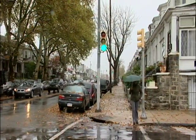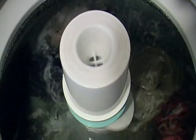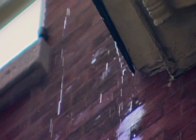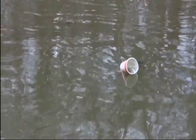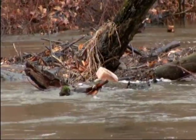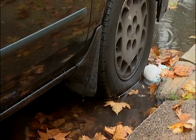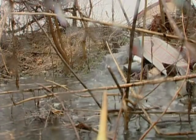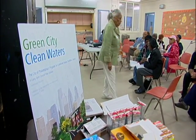Cobbs Creek is a combined sewer shed. So what that means is that rainwater, as well as sanitary flows from homes and businesses, from sinks, washing machines, that mixes with rainwater or stormwater runoff, and it goes into one pipe. Whatever can't make it to the treatment plant overflows into the creek. Your trash and sediment or sand and gravel that's on the street carried by that stormwater, that all finds its way to the creek. So through green stormwater infrastructure, we hope to mitigate some of those issues by capturing that